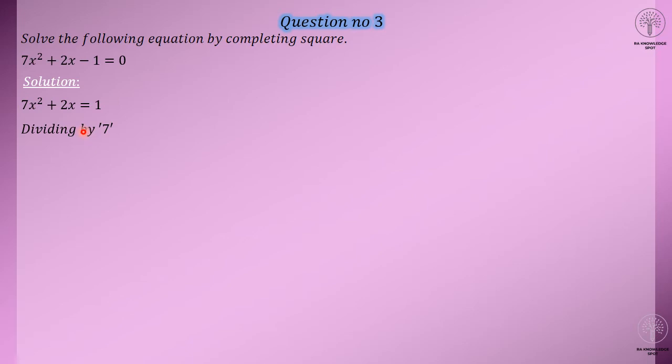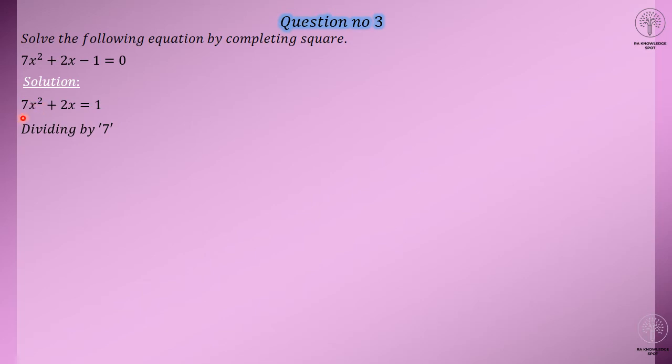Moving towards the next step, you have to divide this equation by the number 7. Now, why do you have to divide by 7? Dear students, you can see the number written with x square, that is 7. Now, you should know what perfect squares are. Perfect squares are the numbers you get when you multiply a number by itself. Just like that, 1 one is 1, 2 twos are 4, 3 threes are 9, 4 fours are 16, 5 fives are 25. Now the answers like 1, 4, 9, 16, 25, 36, 49, 81, 100, they all are called